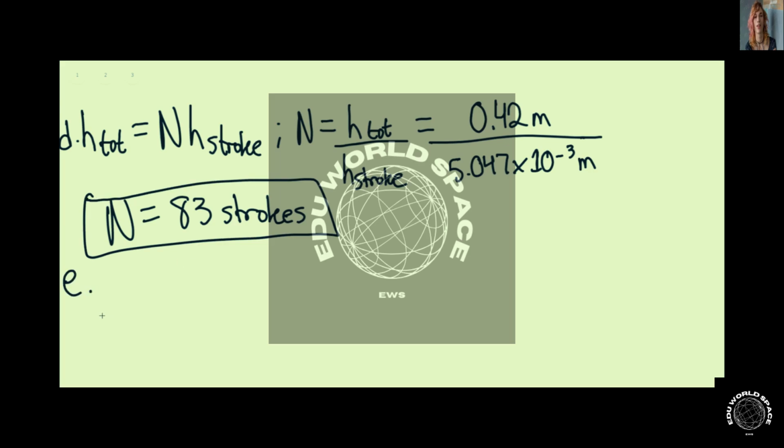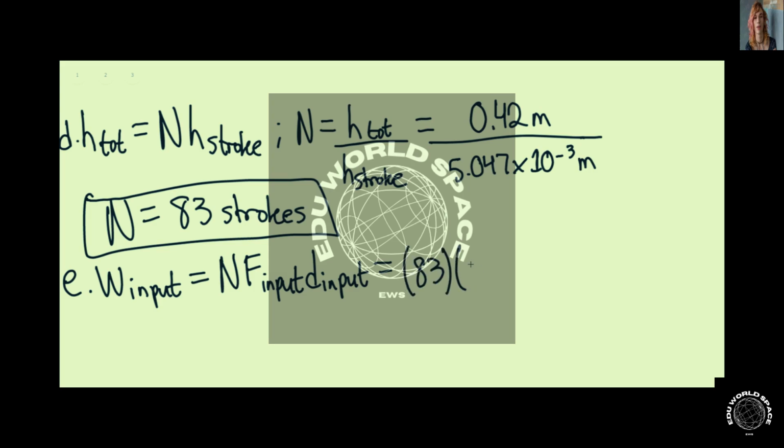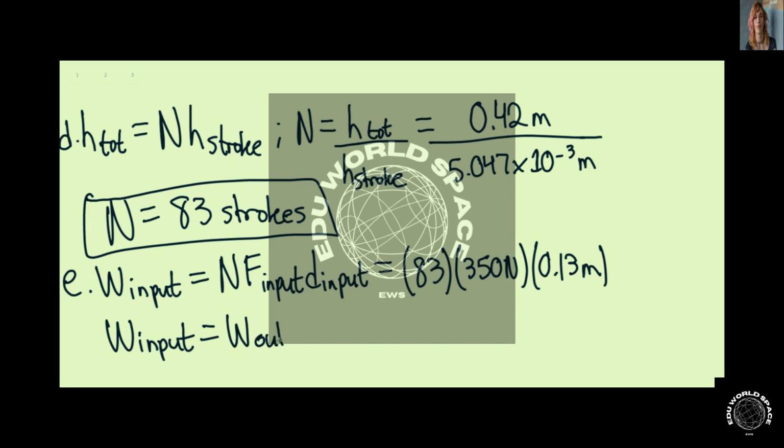Now for part E, we're trying to find the work of the input. So the work of the input would then simply be equal to the number of strokes times the force of the input times the distance of the input. And this is equaling 83 strokes times the force, so 350 newtons times 0.13 meters. The work done by the input, which would be equal to the work done by the output, would be equal to